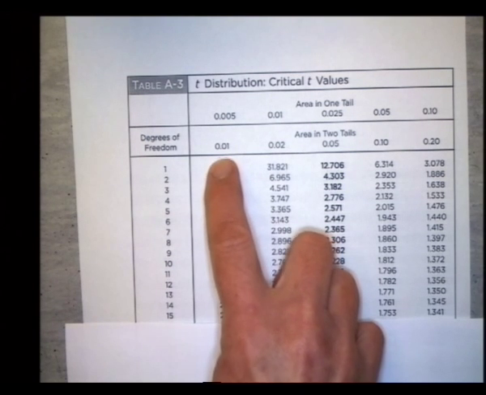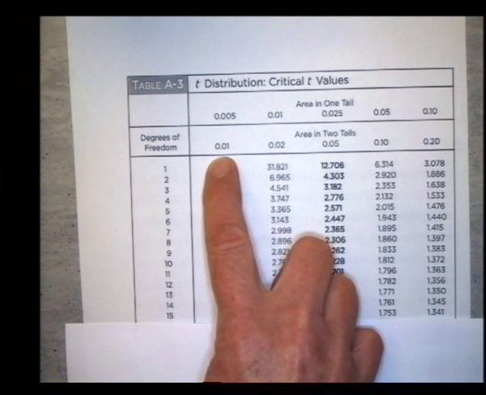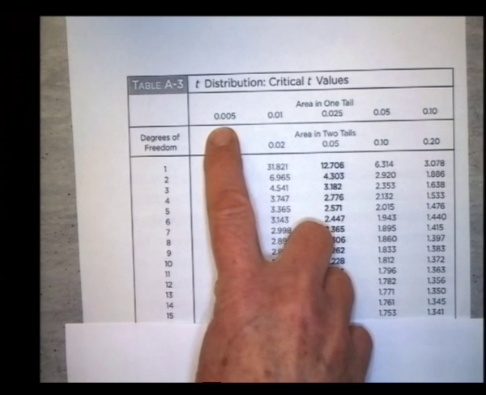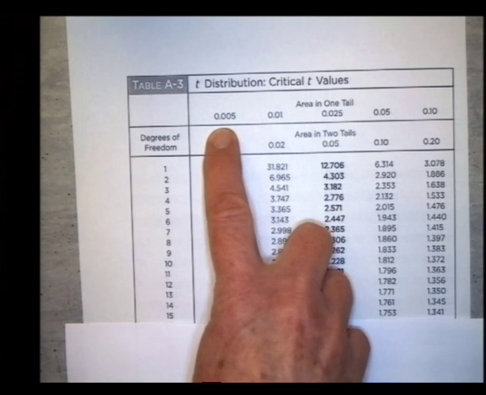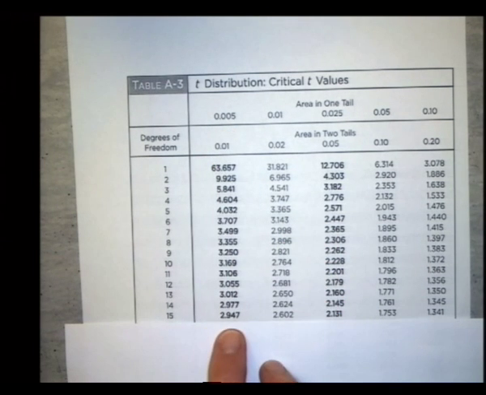Sorry, let me say that again. The area in two tails is 0.01. This is our two-tailed test, which means the area in each of the two tails, the area in one tail, is 0.005. And the critical t-value here is right at the bottom of that column alongside the 15 degrees of freedom,